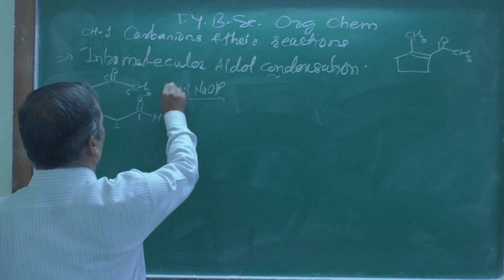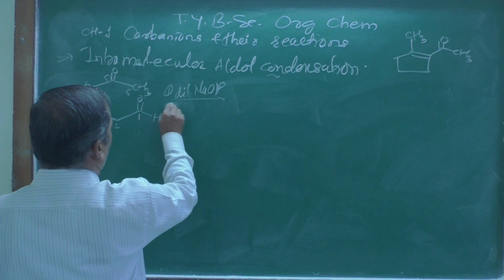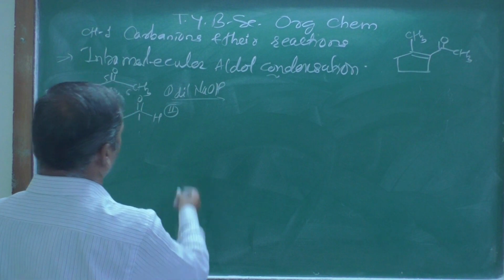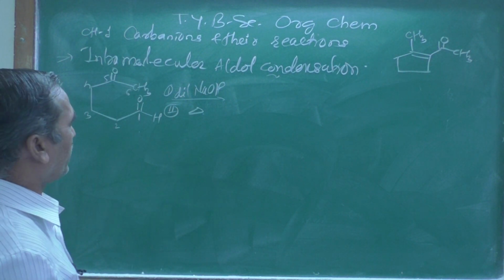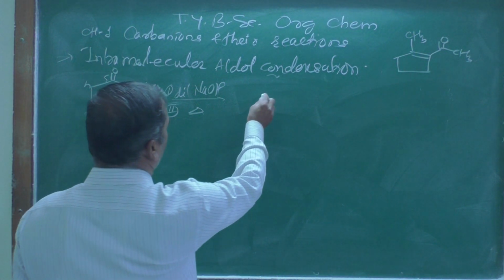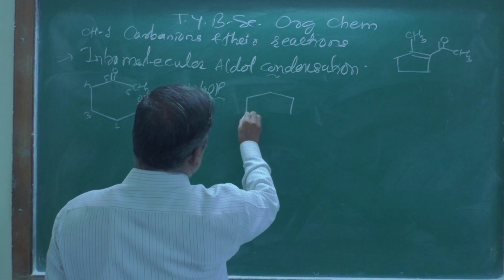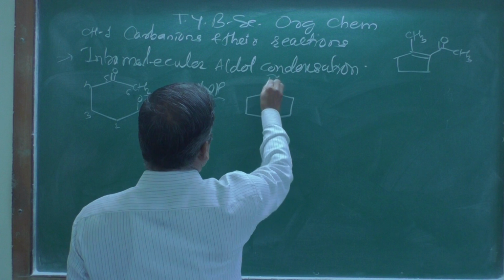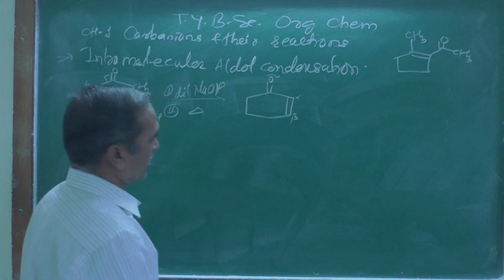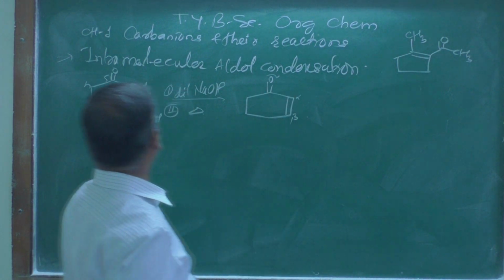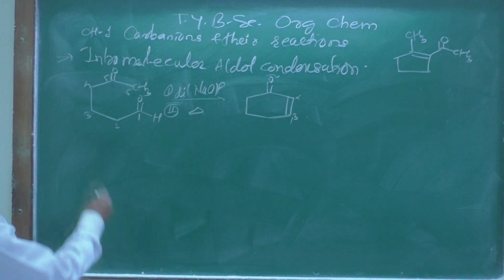this is the first point we are adding over there, and that is the second point. The reagent we are using, the triangle means heating, and the resulting compound will be obtained as this one. Let us see here, this is a 6-membered ring, and this is known as an alpha beta unsaturated compound. This compound is known as a